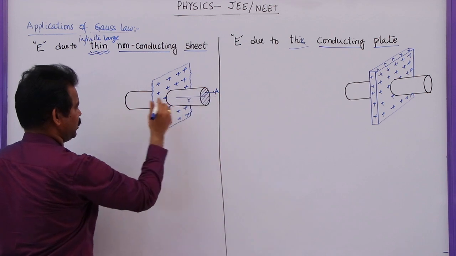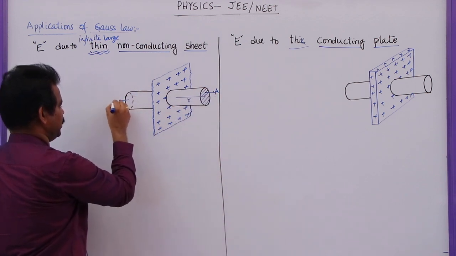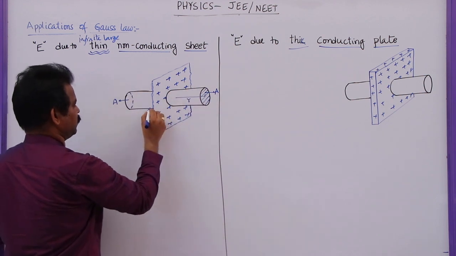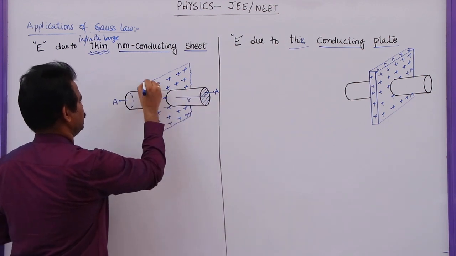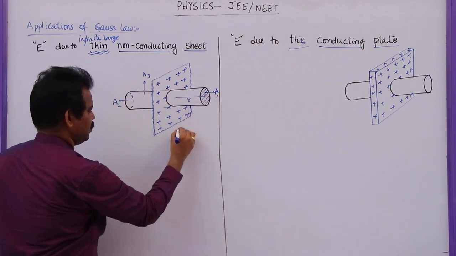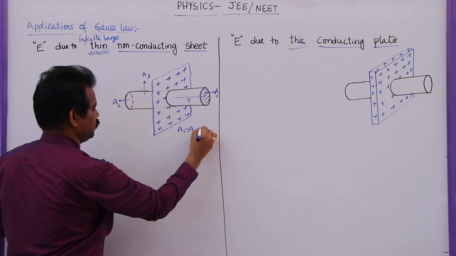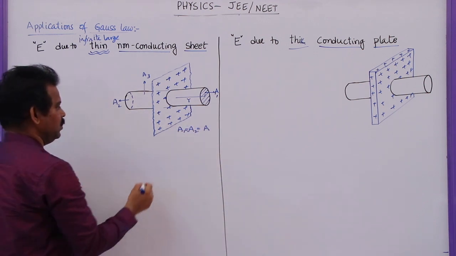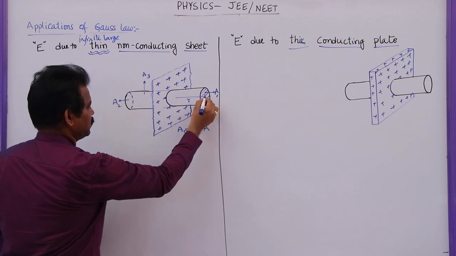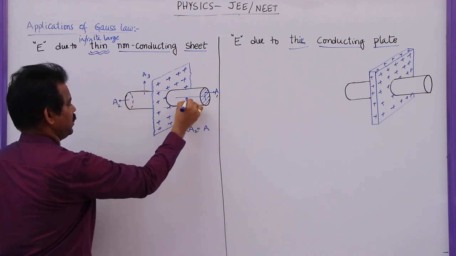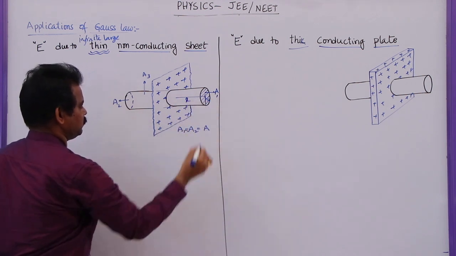What is a circular area this side, one more circular area this side, because this is the area vector, and one more for this curved surface from there to here. So this is the third area, A3, this is A2, this is A1. Here I can write A1 is equal to A2. Let me take this as A, and A3 is different. Now, the radius of this one is R, and let me take the length of this rod on one side as L, and let us say this is R.